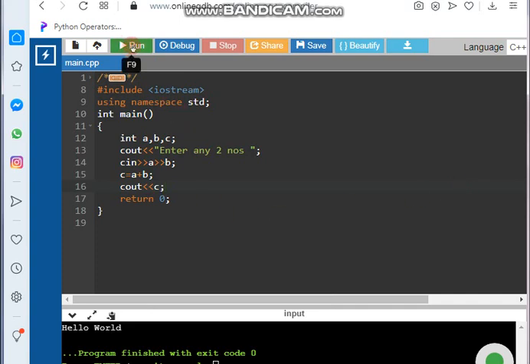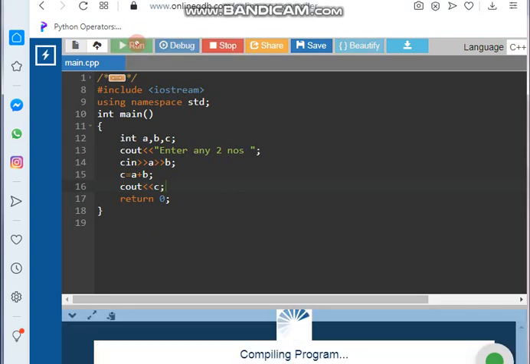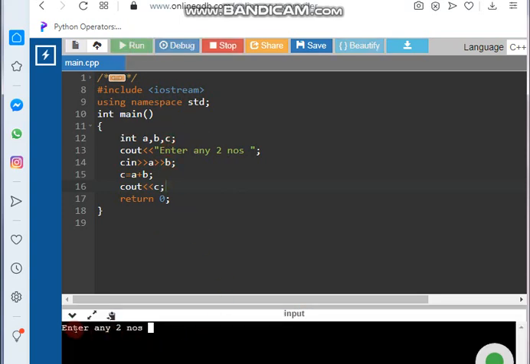This is the run button, students. After writing and compiling the program, you have to run. When you run the program, it will ask you like this, enter any two numbers. So in this case, you have to provide numbers, students, remember. And after providing, you have to press the enter key from your computer keyboard or from the mobile keyboard. Thereafter, the result will appear on screen. If you don't press enter, then how can you get the result? So you don't wait for that. You press enter immediately after entering the data.